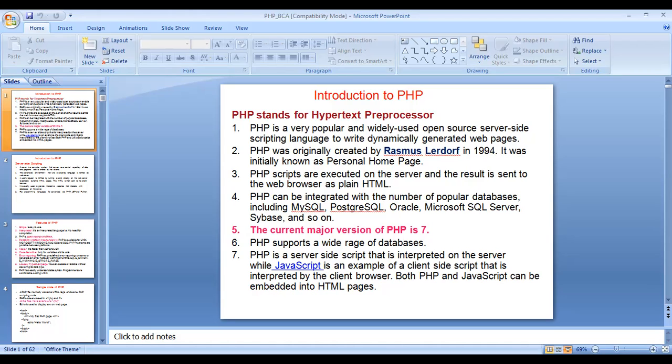Before proceeding to PHP, we will go through the concept of server-side scripting. So what is a server? A server is a computer system, like your desktop or your laptop. So why do we call it a server? It serves as a central repository of the data and the programs, which is shared by the clients. The best example is,